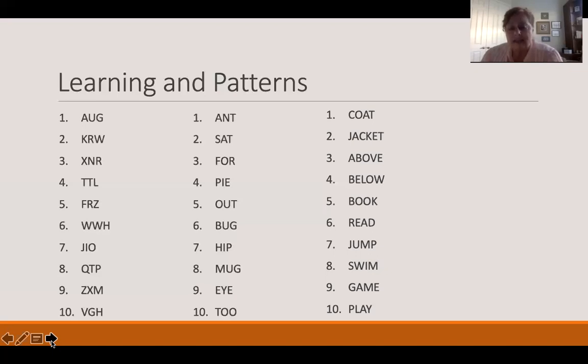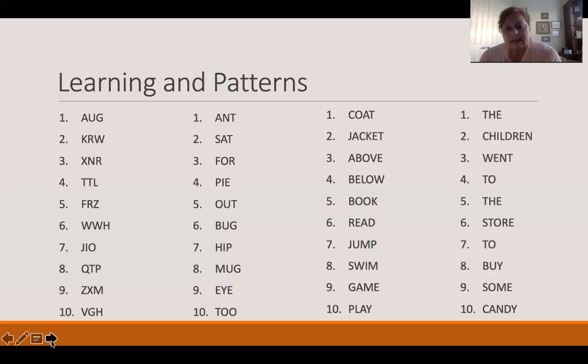Coat and jacket don't relate the way book and read do, or jump and swim do, but we have something here that gives us a way to pair these. So now we're looking at 5 pairs and not 10 separate words. What makes them pairs is, A, they have meaning by themselves, and their meaning is also related to the other word. And now I want to show you the easiest list of all,